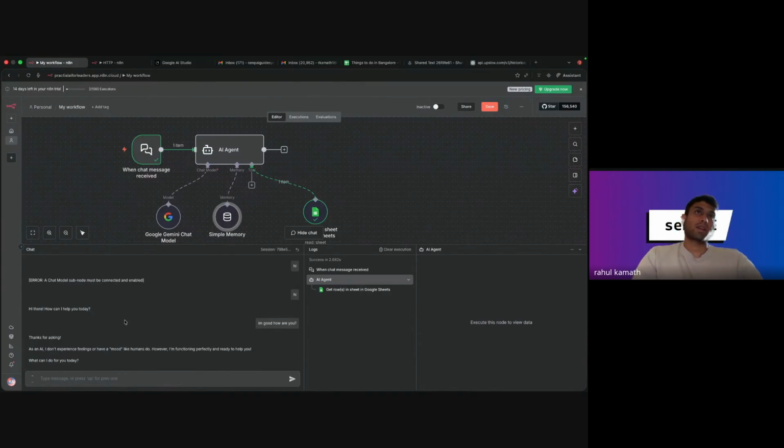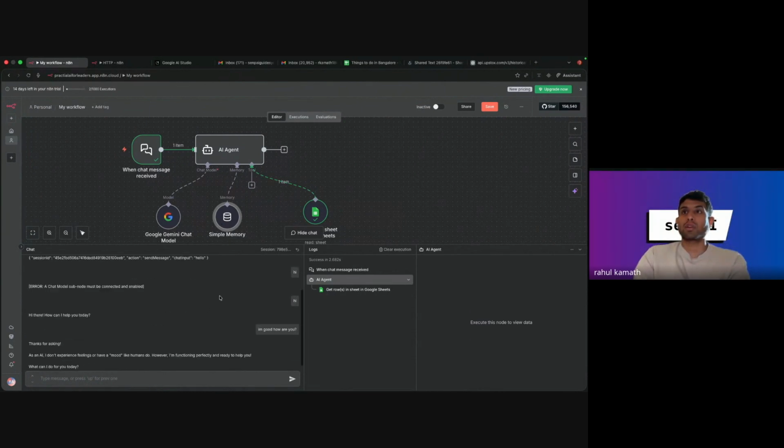What happens is, let's say I'm planning this trip, and in the first message I say I want a chill outing on a Saturday afternoon. In the next message I say I would preferably want dinner. Now I would preferably want to have dinner after the outing in the evening, right? It won't have context about the previous message sent. So that's why we need to add a simple memory node so that it has access to your conversation.